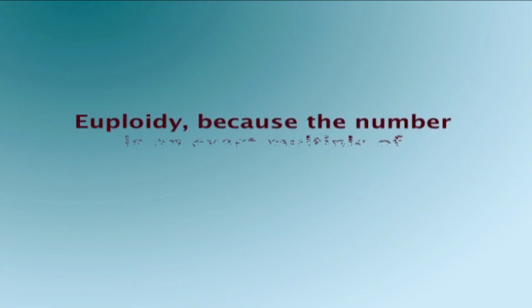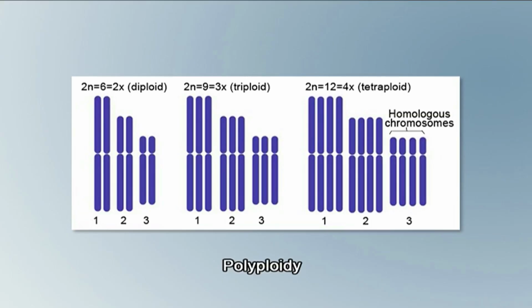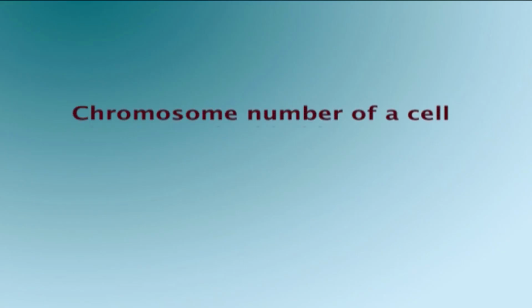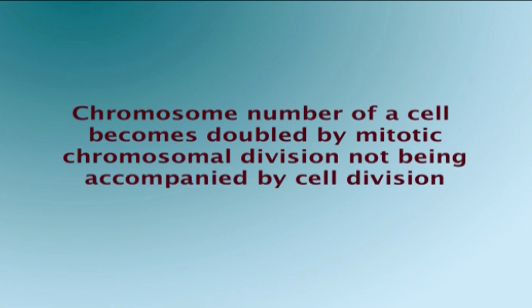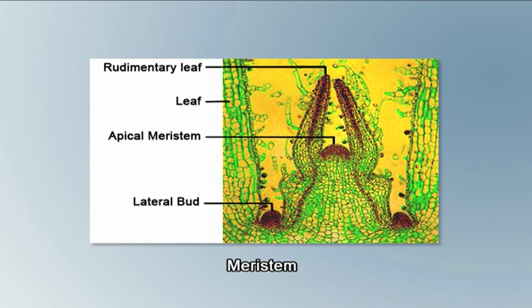This type of polyploidy is known as euploidy because the number is an exact multiple of the haploid number, that is n = 8. Polyploidy is known to arise by either somatic or meiotic processes. In the former case, the chromosome number of a cell becomes doubled by mitotic chromosome division not being accompanied by cell division. This cell, if it is part of a young embryo or meristem, can soon develop into a substantial